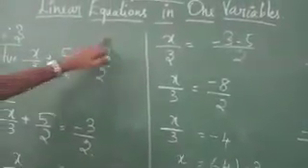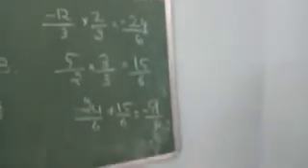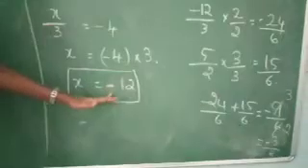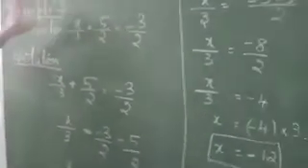So what is the solution I am getting here? x by 3 plus 5 by 2 is equal to minus 3 by 2. The same answer is also obtained when I put x value as minus 12. So the value you found out is correct. So x is equal to minus 12 is the value for this variable x.